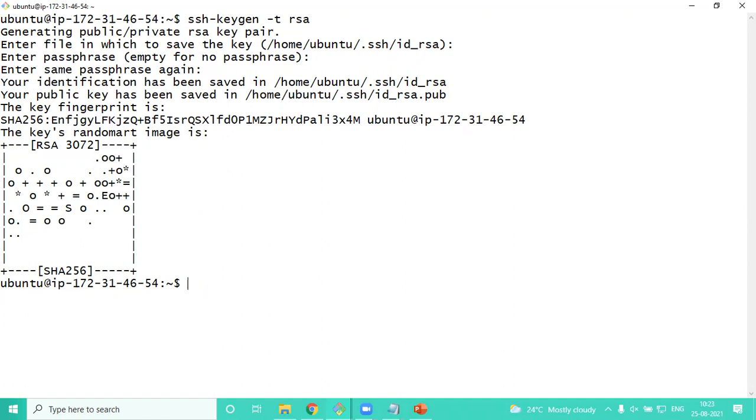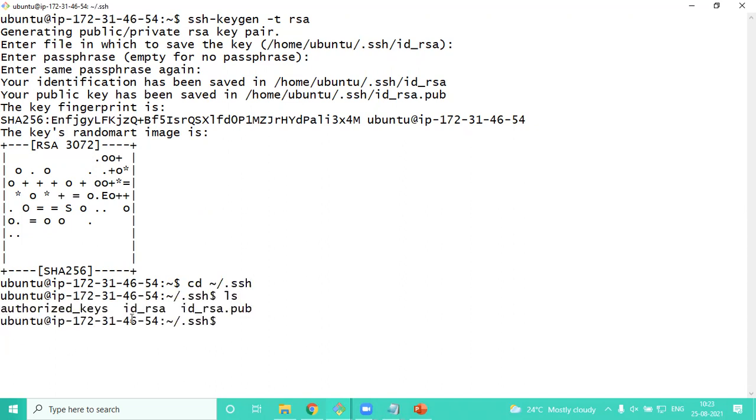.ssh folder. Okay, so if I go inside home directory .ssh, you should see a public key and a private key. So id_rsa.pub is the public key, id_rsa is the private key. Okay, so what you should do now is, from the master machine, take the public key. Okay, so that is